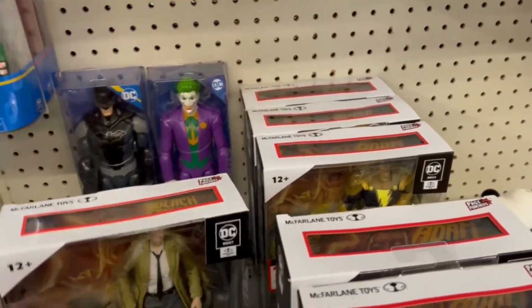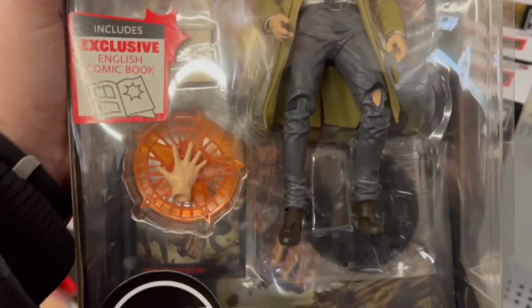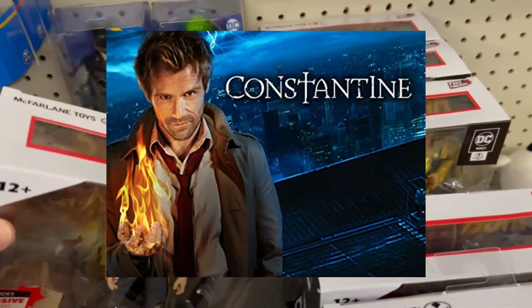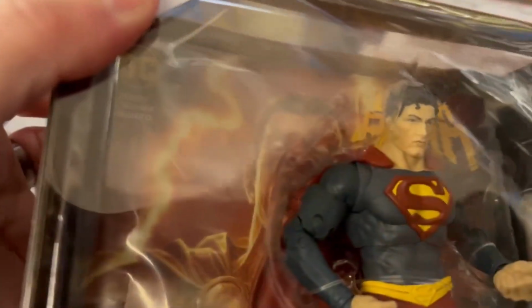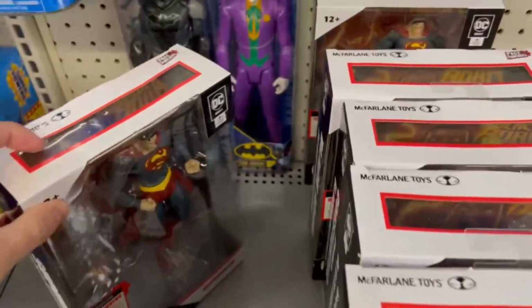Now, the Constantine, I have considered buying. Can't remember how long ago it was on. He had a TV show. I think it came on NBC. That was a good show. I don't think it lasted past its first season. And I think this Superman is a decent Superman, except for that blush on his cheeks there. But